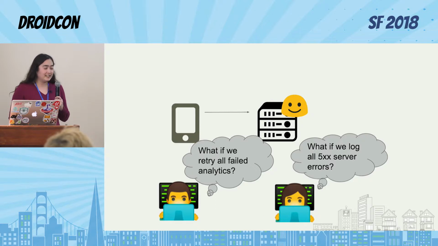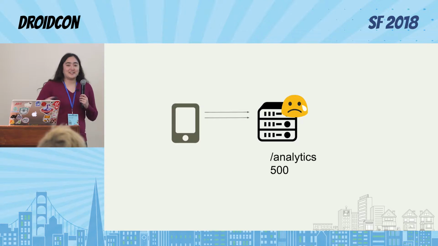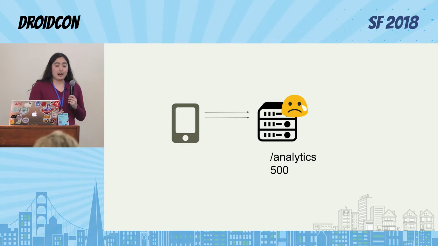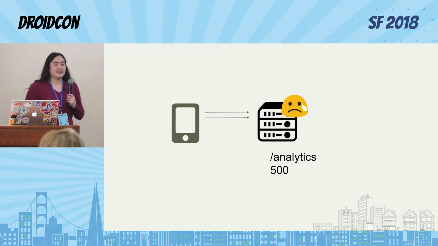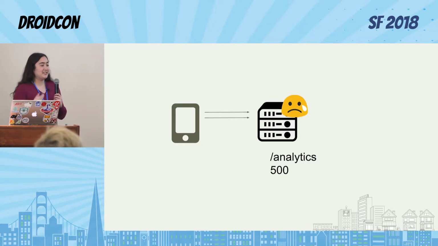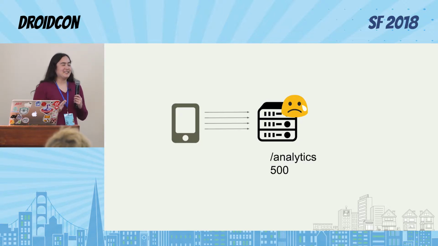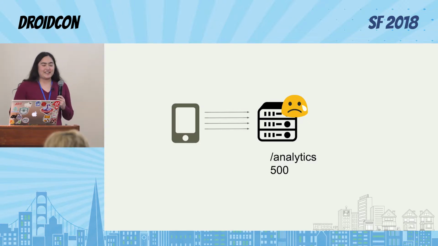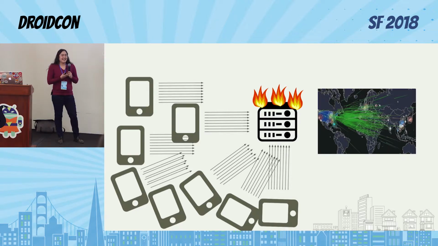And this was fine for a little while until our analytics endpoint started returning 500 errors. And so then what would happen is you send a log, and then you get a 500 error back, and you say, that's a 500 error. We should log that 500 error. So then we send two logs, the original log and the new log. And then we say, oh no, two logs have failed. We better log those. So now we've sent 4 logs, and next, we send 8 logs, and so on and so on. And we've got millions of devices around the world. What we've basically got is a giant botnet.